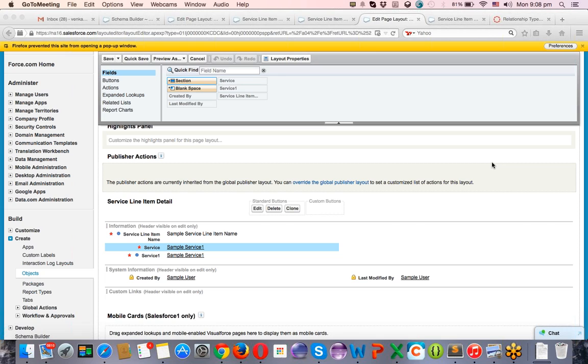Okay, the main difference between the master detail and the lookup relation is we can make a lookup relation look like a master detail, but not vice versa, right? The main difference is master detail is a tightly coupled one, lookup is a loosely coupled one. That's the difference. But the MD relationship has a limit, because on a service object you can only create 2 MD relationships to any different objects, but you cannot build more than 2.